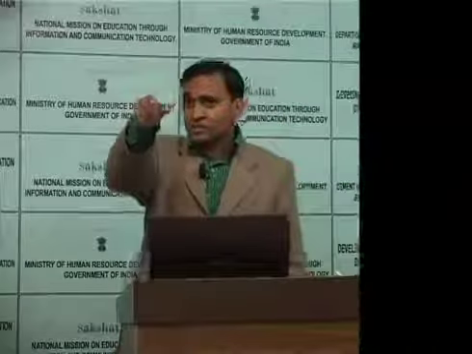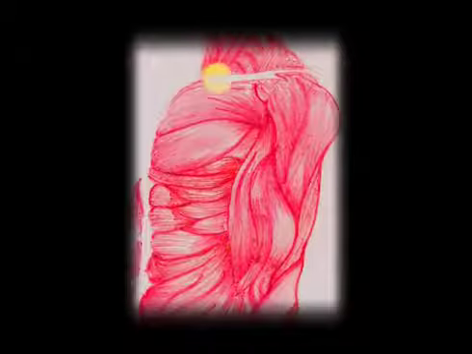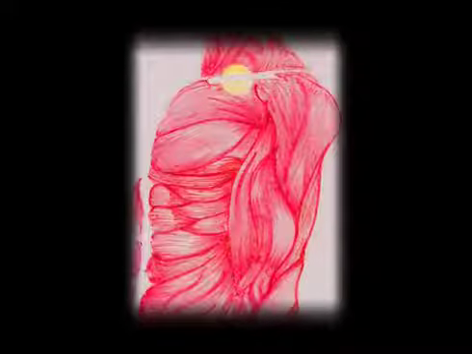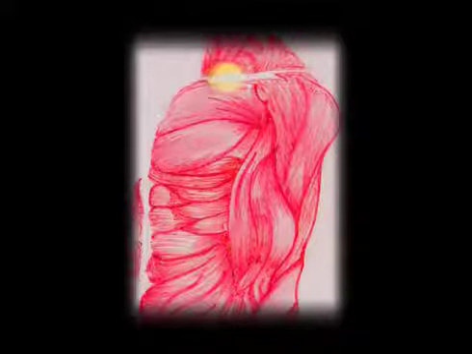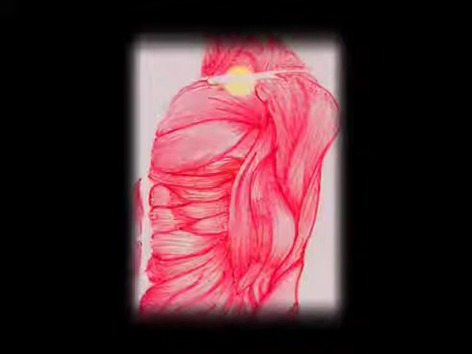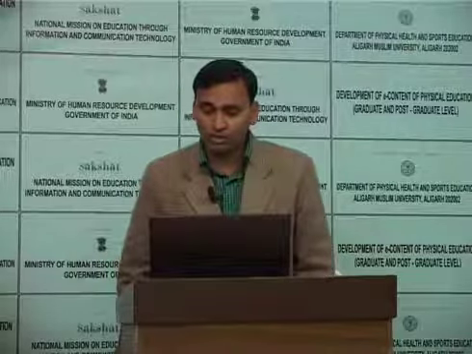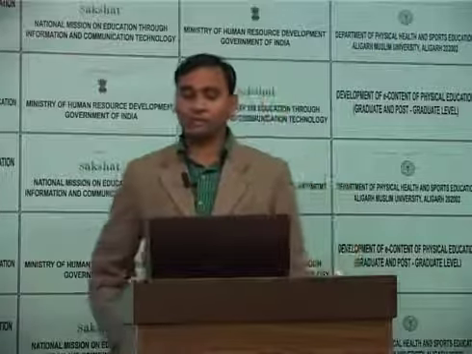So this is a small muscle, but the way of origination is very peculiar. It is coming through a canal, see the canal. So whenever there is pathology, it can compress other neural and vascular structures. Now come to the innervation of supraspinatus muscle. The supraspinatus muscle is supplied by the suprascapular nerve, which comes from the C4 to C6 segments of the brachial plexus. Now come to the function of supraspinatus muscle.